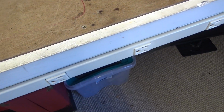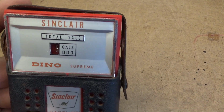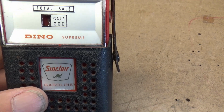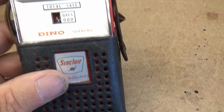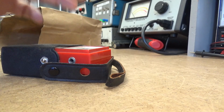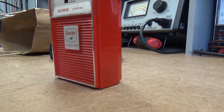Alright, here we go. One more. Check this little dude out. Sinclair. Dino Supreme gasoline. You know, Sinclair, if you don't know, is a name of some gas stations in the USA. And I guess there might be some in Europe, I don't know. Oh, I need 2 hands. Case is nothing wrong with the case at all, but what I want to show you is